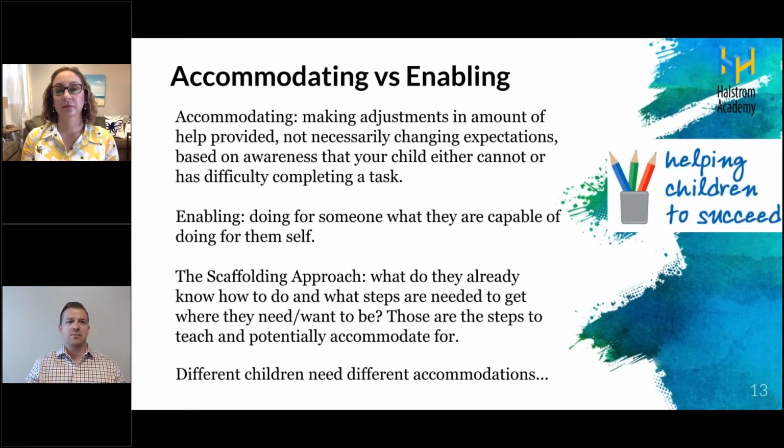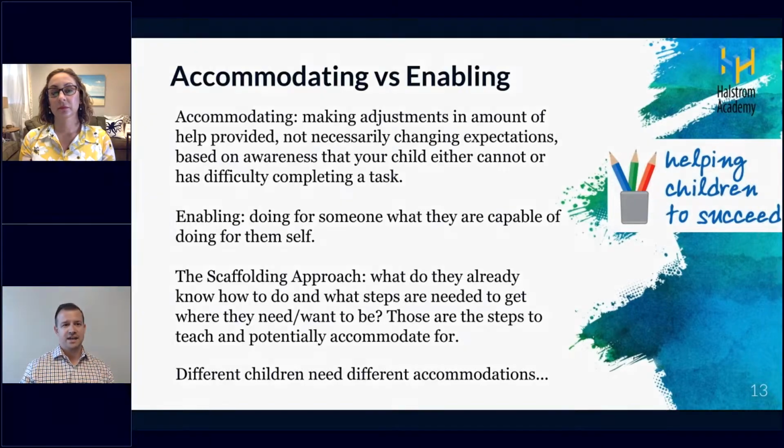And when we think about accommodating and enabling, particularly accommodating, we need to know our children. We need to know their capacity. What do they know how to do? What might they need help with? And so different children need different accommodations